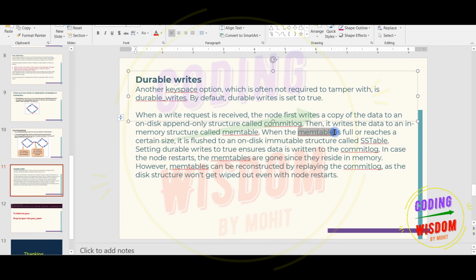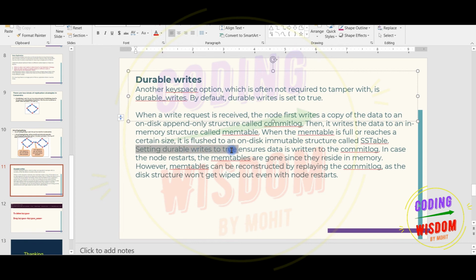First, data is put in the memtable, meaning RAM, and when the RAM reaches its capacity, which we can define, all the data is written to the SSTable.